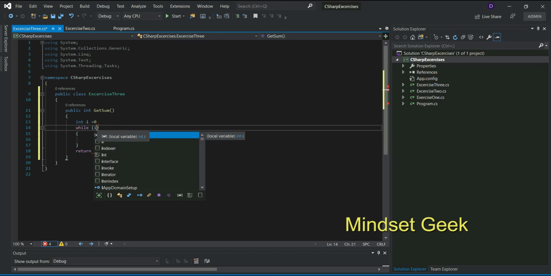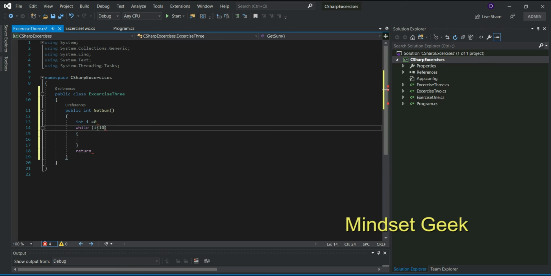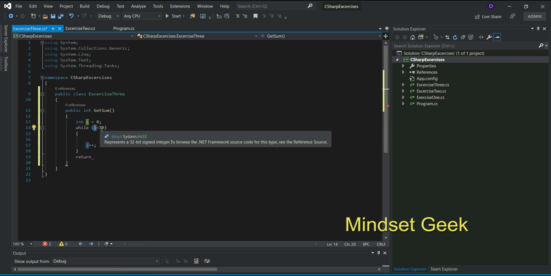i is less than 10, and within this loop, i plus plus. The first time, i value is 0. When you first load this while loop, check if i is less than 10, that is true.